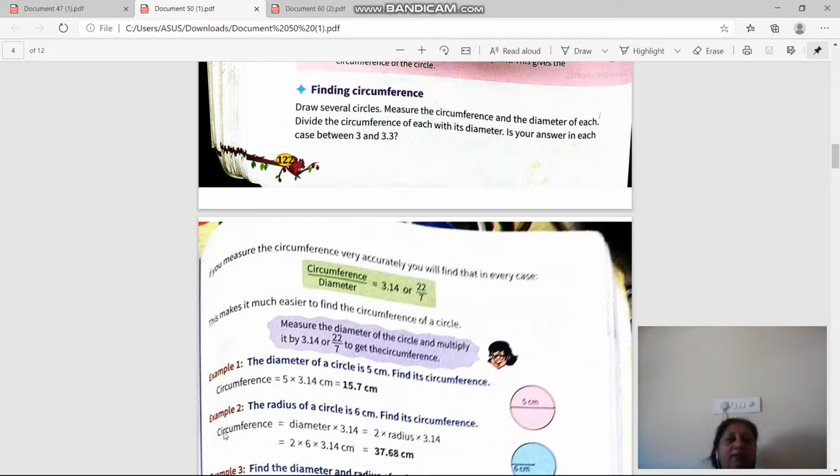Okay. Now next, radius of a circle is 6 centimeter. Find the circumference. So see here, circumference is equal to diameter multiplied by 3.14. We don't know the diameter, but we can calculate it by multiplying the given radius by 2, right? So 2 multiplied by radius multiplied by, sorry, 3